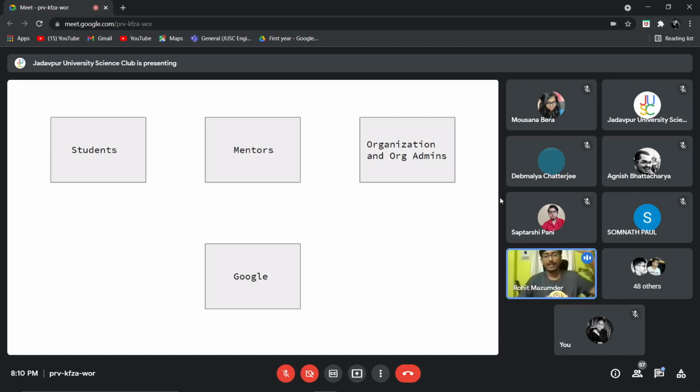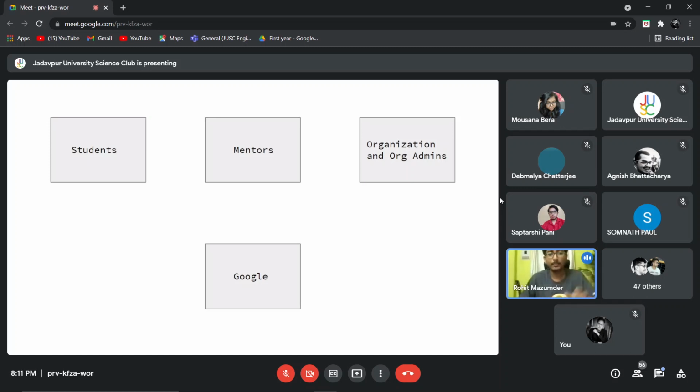There can be the chairman, there is the vice chairman, there is an entire hierarchy which is present. So they have the final say in whatever happens in the organization. For example, if they say that we don't want to participate in Google Summer of Code, then that's it. That organization is not going to be present in Google Summer of Code. They are selected by voting. Every few years there are votes taking place, and they are voted on: this person is going to become the chairman, this person is going to become the vice chairman, and so on. So these are the org admins which are present in the organization.